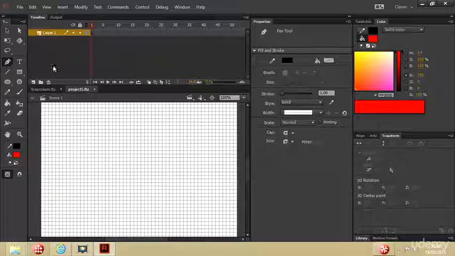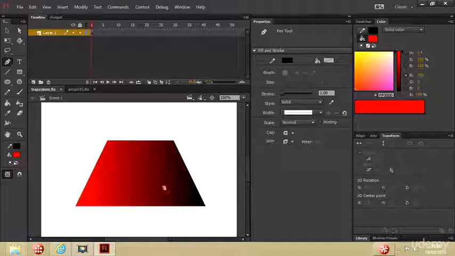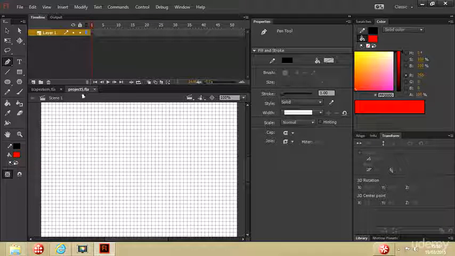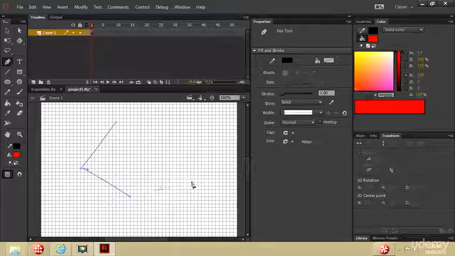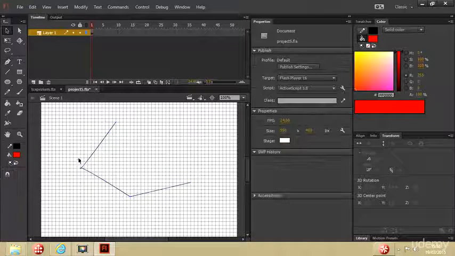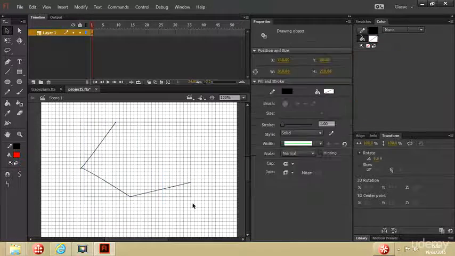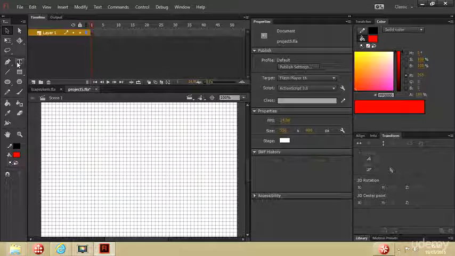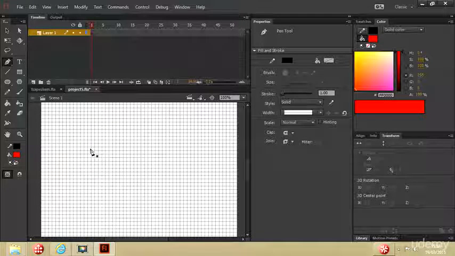So it might be nice if I could set up the fill color. At the moment I want a red to a black linear gradient. So it would be nice if I could go into the pen tool fill, but I can't. The reason for that is that I can create an open shape like that one, which you can't apply a fill to. So it just doesn't let you set a fill initially. It will only let you set a fill afterwards if you create a closed shape,